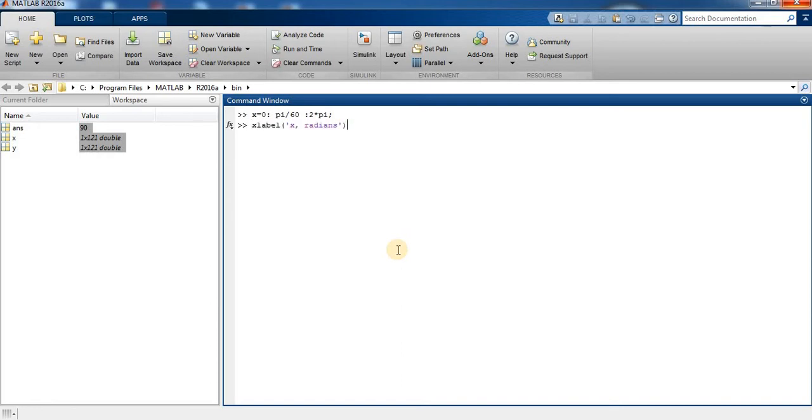Then we type y is equal to sine of x, and then z is equal to cos x, press enter.